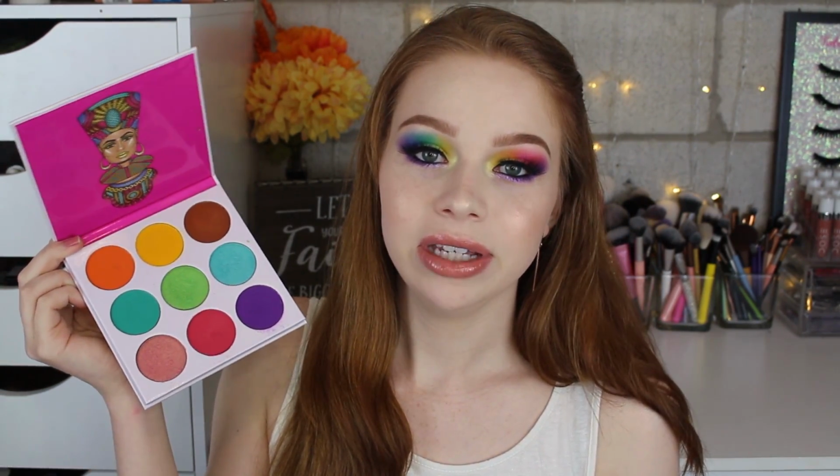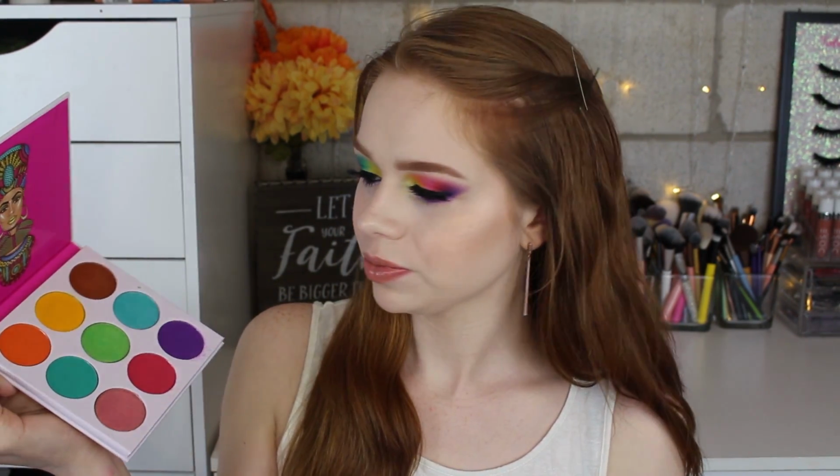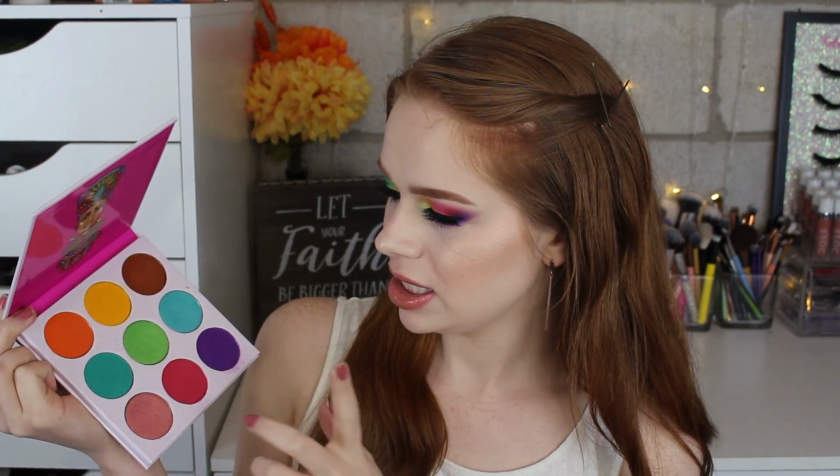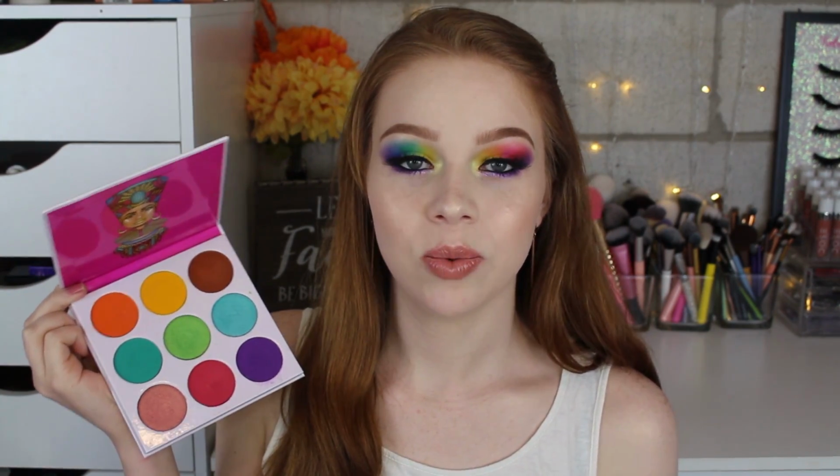So I definitely recommend this to someone who wants more product, because these are bigger pans. I feel like it would take a lot to go through this. Someone who's looking for more of an affordable option, someone who likes more mattes than shimmers, because there are just 3 shimmer options and there are 6 matte options here. I feel like I love everything about it, the price, the quality,